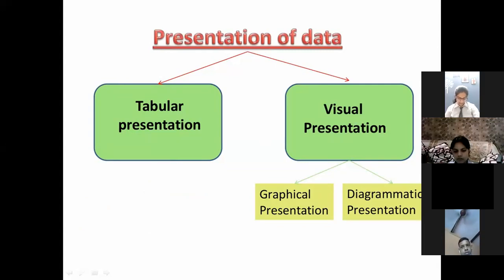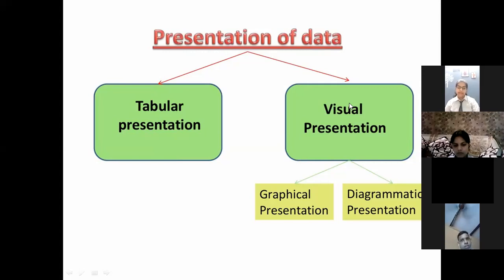And when we talk about the visual presentation, visual presentation is simply what we can observe, which we can see, which gives a visual impact on my mind. Like just having a look at the graph, I can have a point in my mind that, achha, so this data is reflecting this. Same way, just having a glance at the pie chart, you will definitely come to know what the pie chart is reflecting. That is the visual presentation.